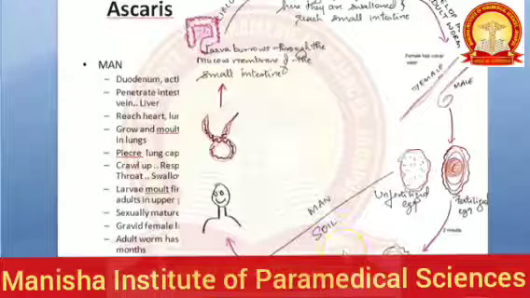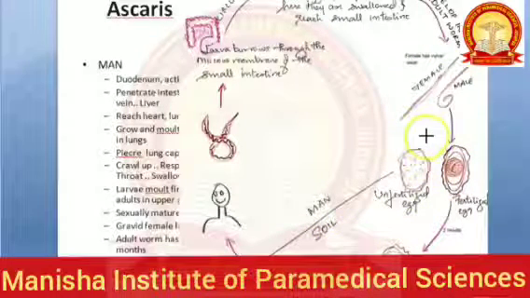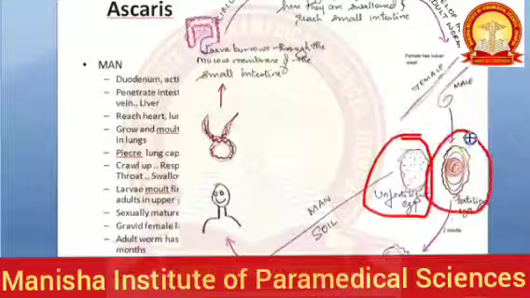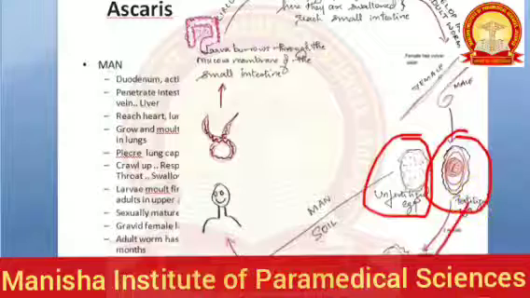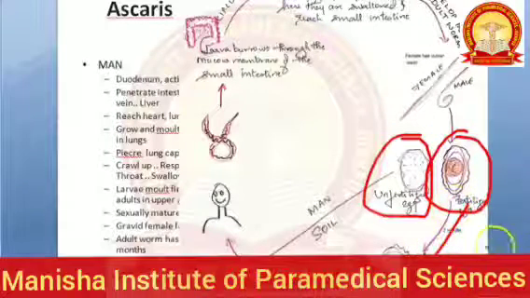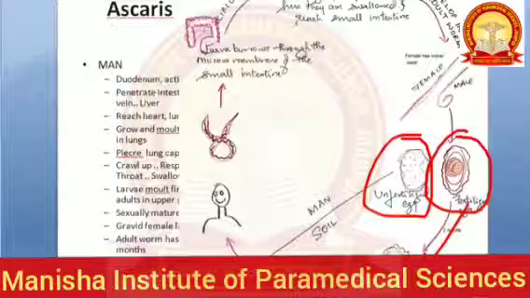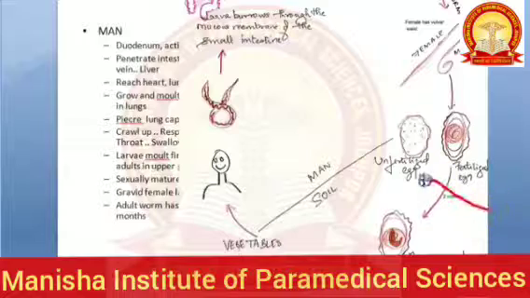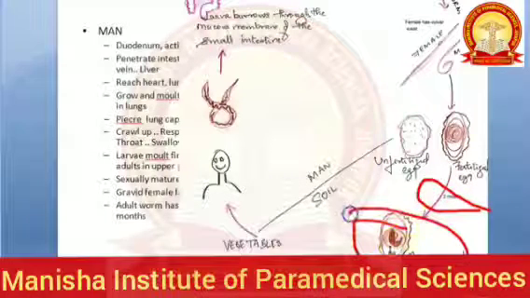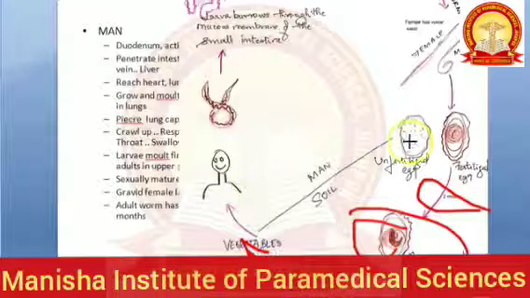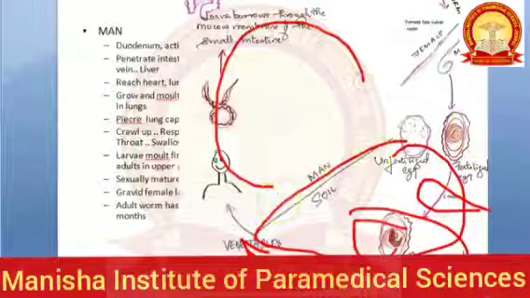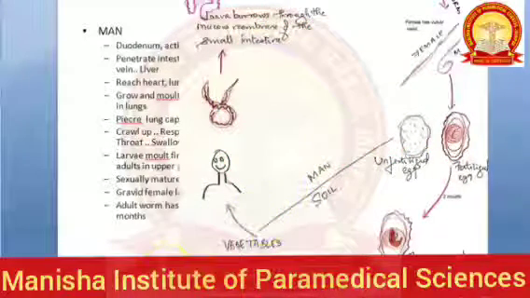So then you have this unfertilized egg and the fertilized egg. In the unfertilized egg, you can see the granules. In the fertilized egg, you can see the large unsegmented ovum. In the feces of this person, there are a lot of such fertilized eggs. These fertilized eggs will undergo two molts and become a rhabditiform larva. Now this rhabditiform larva is the infective form, then the man will consume it. So this is the cycle in the soil, and that is the cycle in the man. So this is the life cycle and pathogenicity.